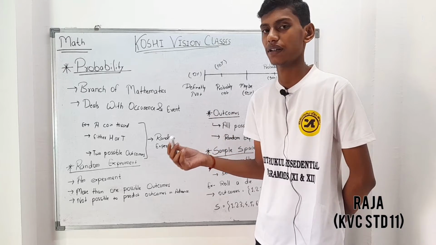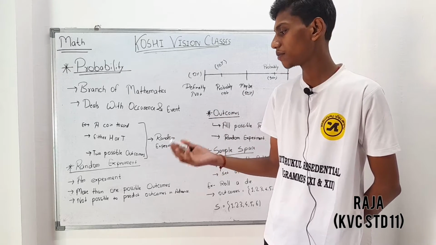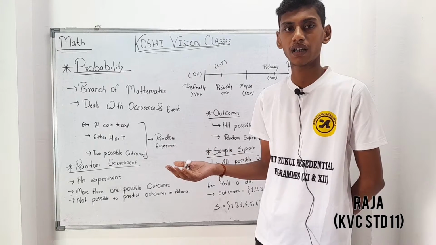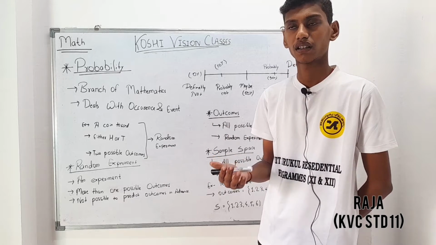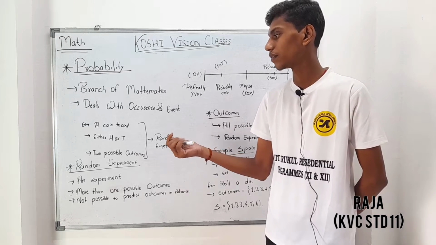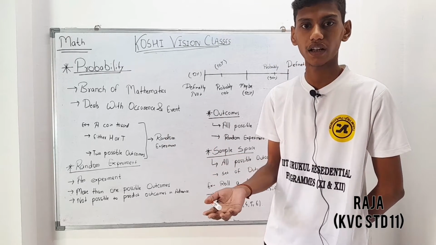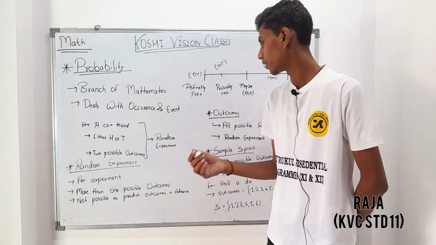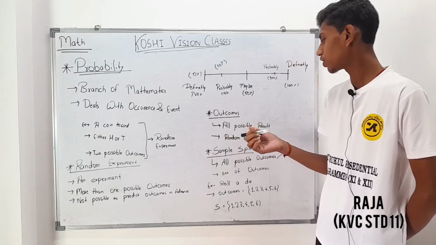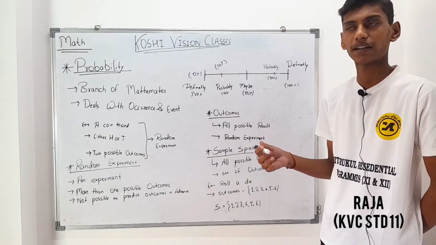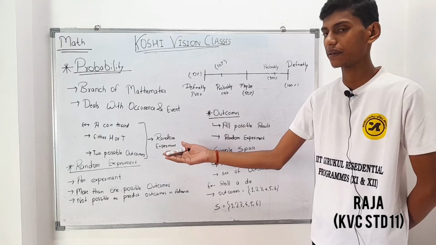So random experiment. What is a random experiment? It is an experiment that has more than one possible outcome, and it's not possible to predict the outcomes in advance. In a toss of a coin, we can't predict whether we will get head or tail. Now, outcomes. It's all possible results of a random experiment, that is, what we will get in this experiment, either head or